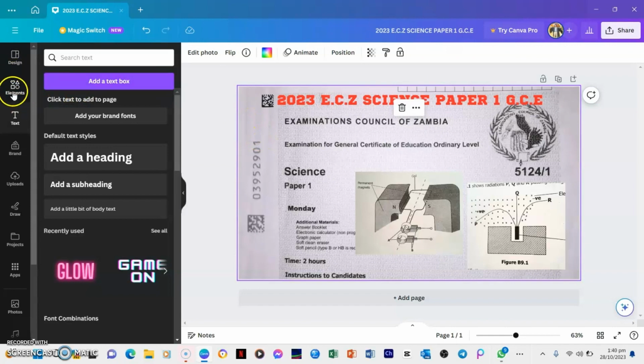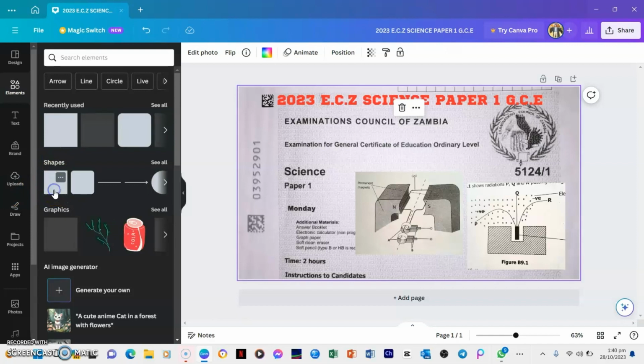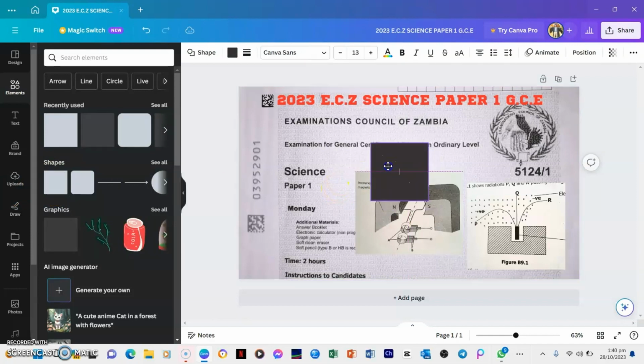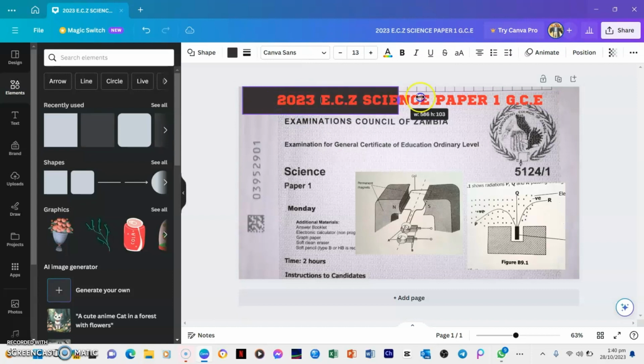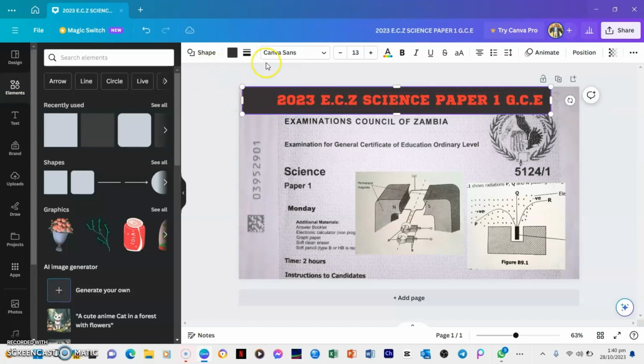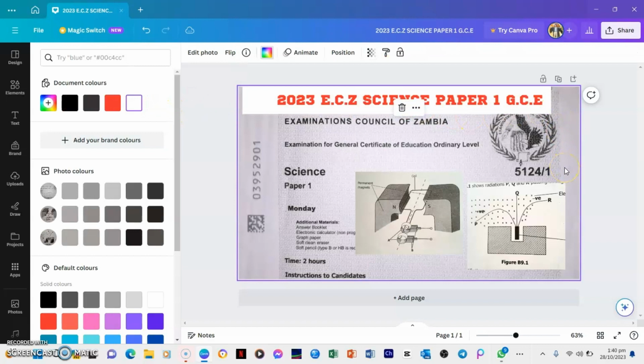If we want it to be more bold, we can actually bring in the elements, and I say we bring in this box here. Okay, beautiful. Move it up and manipulate it so that it's actually of the same size as the space where the text is. We can as well change the color by clicking here and then clicking white. So now you can easily see what we have. So now we can save our work by clicking where it says share there,